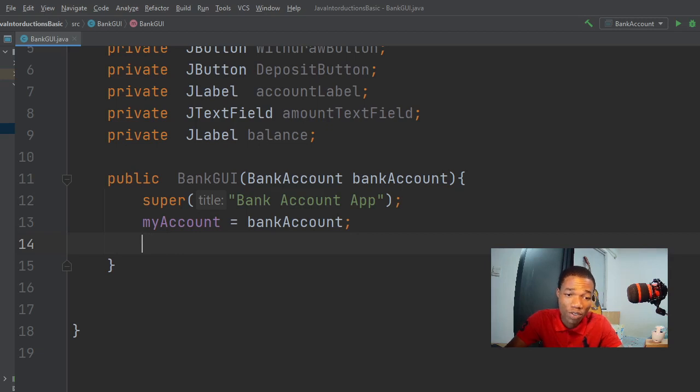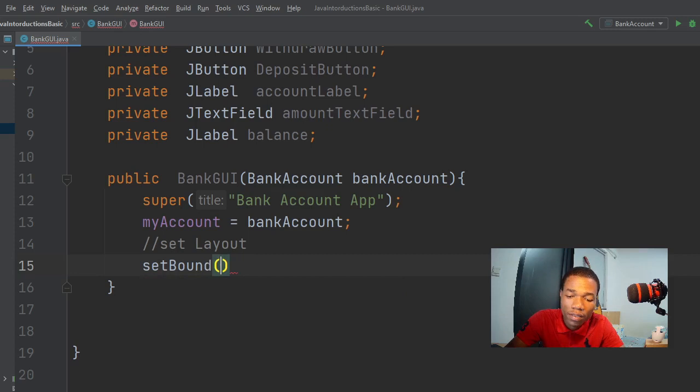The next thing we say is set. So let's do some comments. Let's say set layout, and we say set bounds. We say 300, and the next thing we say 300 X and Y, and we say 400, and let's say 100, 150. Okay,